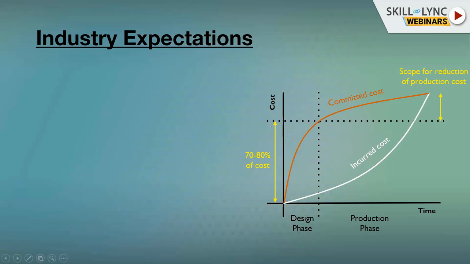So this is one example of how we can reduce cost in the production phase. In the design phase, how can we reduce cost? It's about what manufacturing process we are going to approach. Injection molding is one of the simplest, and within that there are side cores and undercuts, and how to eliminate those things. We have to design a part that is cheaply manufactured out of all the options available, and then decide how we are going to assemble the parts and how many components we need to make the system. All those decisions are taken in the design phase, and that's how 70 to 80% of the committed cost is decided in the design phase.